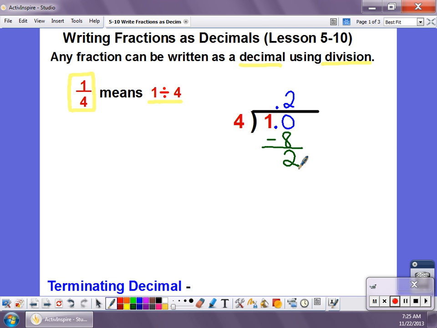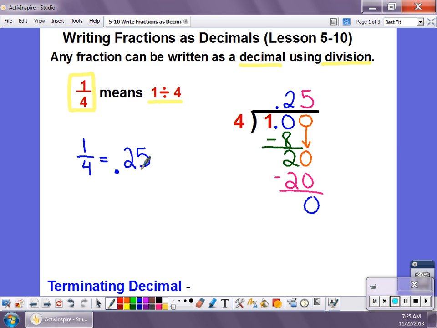Now, since I don't have a remainder of 0, I have to keep dividing. So I'm going to add a 0 here, and bring it down, and now I have 20. 20 can be divided by 4 5 times. 5 times 4 is 20. And this time when I subtract, I do get a remainder of 0. This is what we call a terminating decimal. We say that 1/4 equals